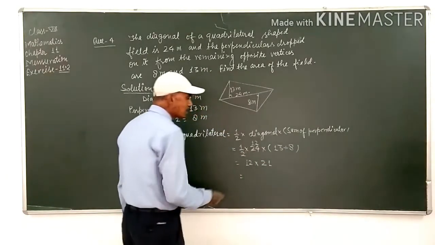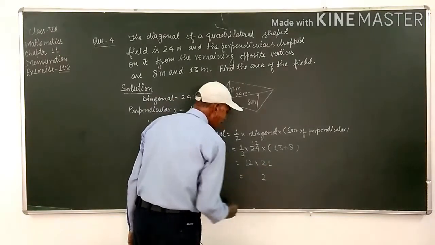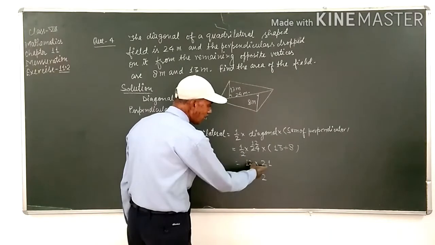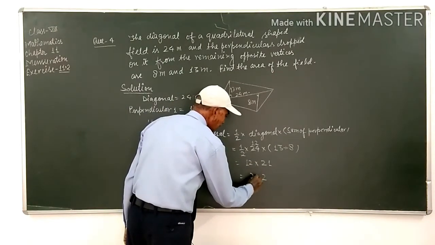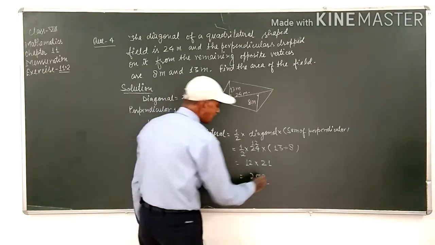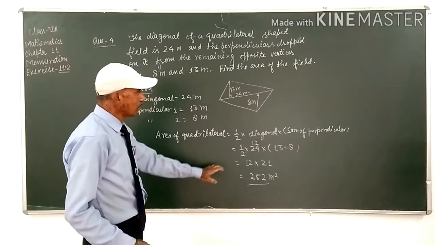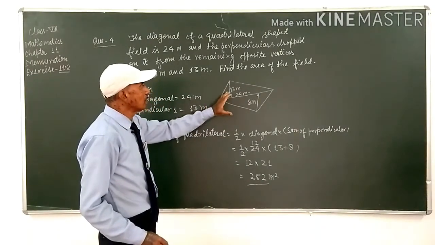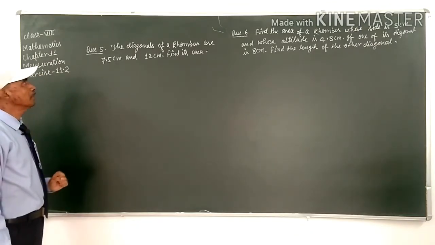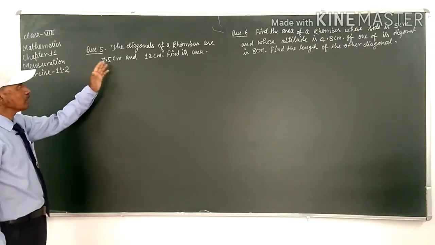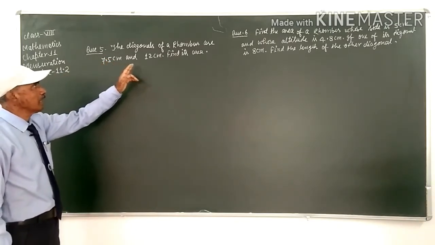Now multiply 12 into 21. 12 into 1 is 12, 12 into 2 is 24, and 1 makes 25, that is 252 meter square. This will be the area of this quadrilateral. This is question number 5, and in this question the diagonals of a rhombus are 7.5 centimeter and 12